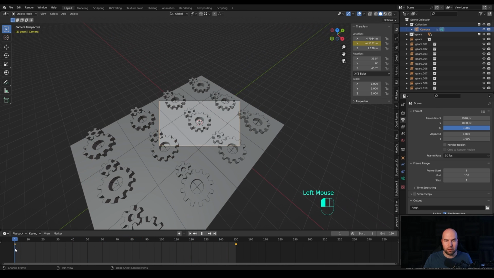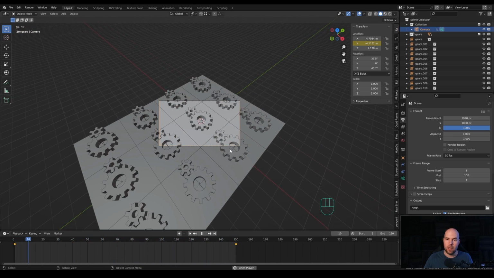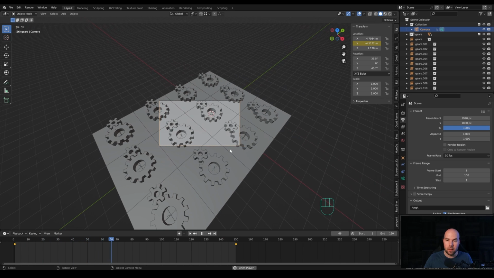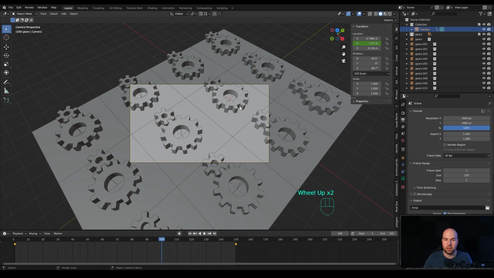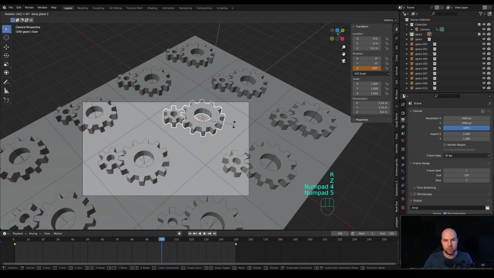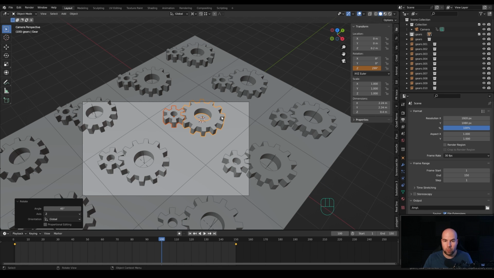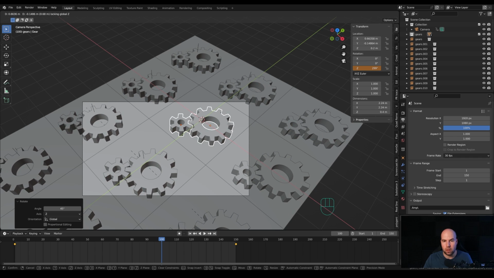And now we have something like this in place, and basically that's the whole looping animation. If you play it back, you will see the camera jumps at the beginning and then starts moving again, and this will look like an endless loop. And now it's all about finishing the scene and making it look appealing and great, adding some abstract elements. So first of all, let me select these two gears, and I will switch back to the cursor for the pivot point and press R, then Z, and 45 degrees. I want to have them rotated like this. And additionally we can just move them around, so let's press G, then Shift Z to keep on X and Y axis and just move them towards the corner of the background.